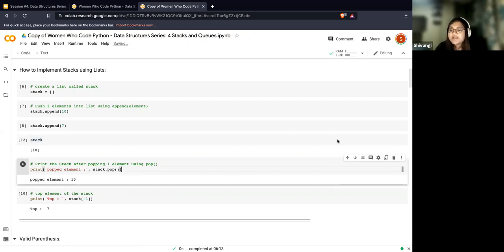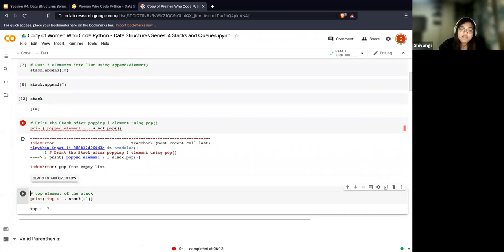Okay. What kind of an error do you think? If you think it's an error, what kind of error do you think will happen? Okay. It is saying it's going to be an empty stack. Karen saying it's index error. Okay, cool. So you guys are kind of right. So if I run this again, I'm going to get an index error, which is essentially also meaning that my stack is empty. And this condition is called stack underflow,